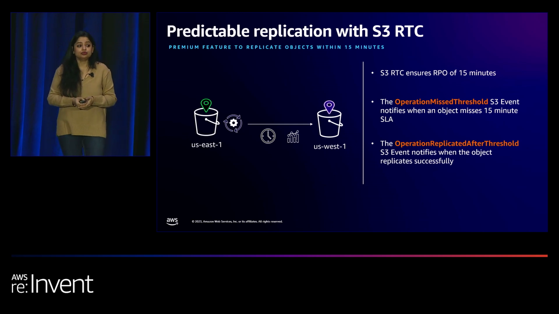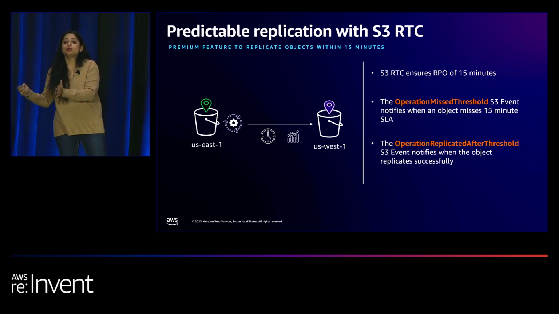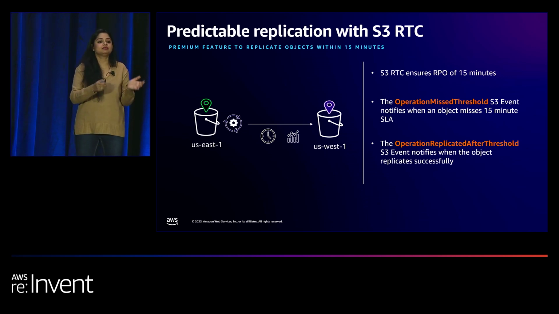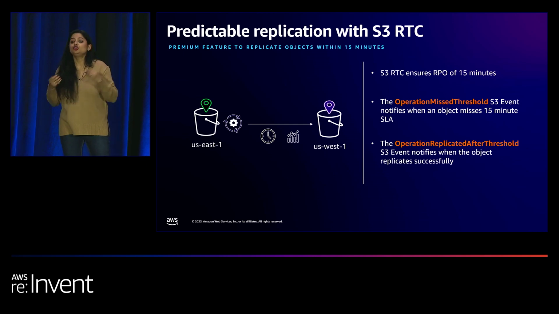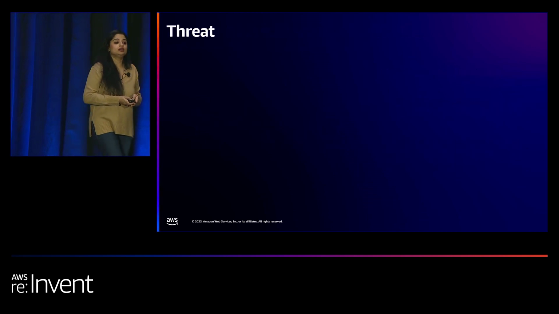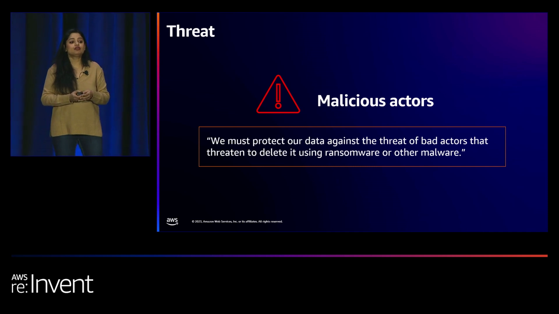Overall, you can use S3 replication along with its different features like S3 replication metrics and S3 replication time control to create a secondary copy of your data in the same or different AWS region, or in the same and different AWS accounts, to protect against any threat of regional disruption. With that, let's move on and talk about how you can protect your data on S3 from the threat of